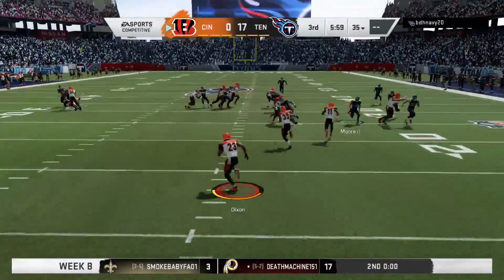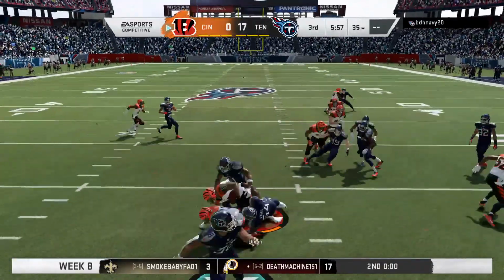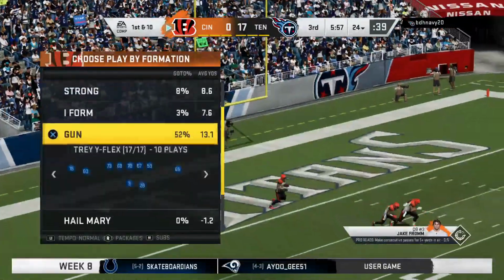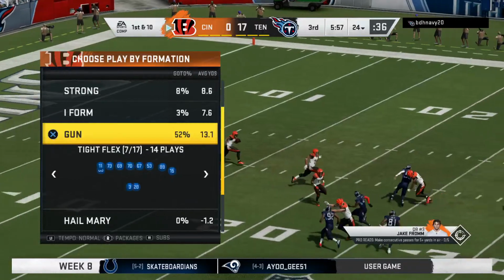Fielded about a yard deep. And he'll be brought down at the 23, make it the 24-yard line. At their own 24-yard